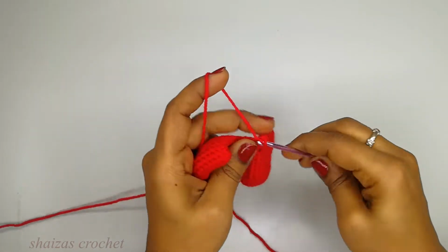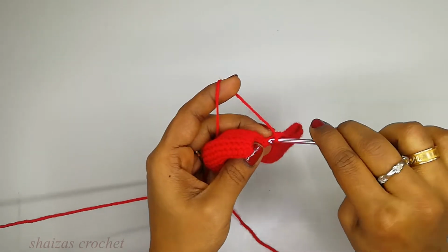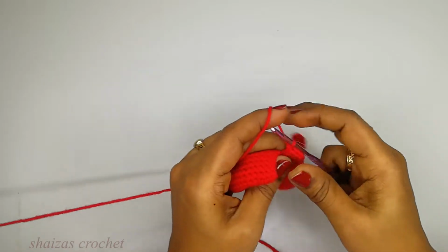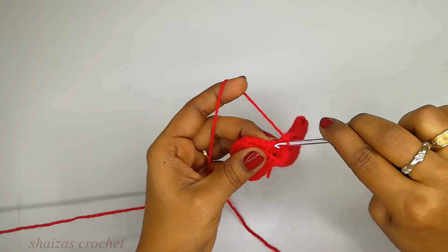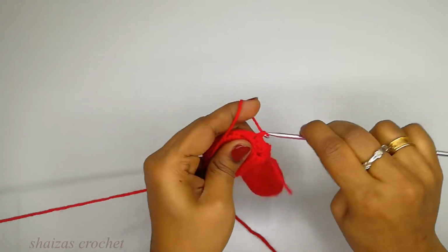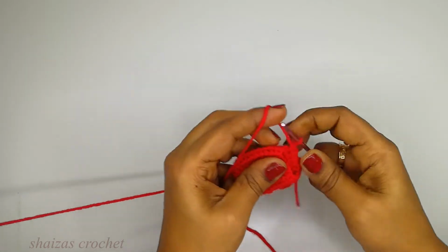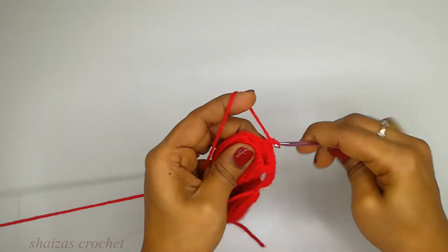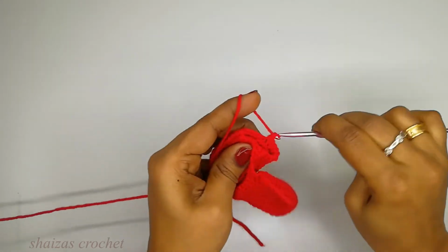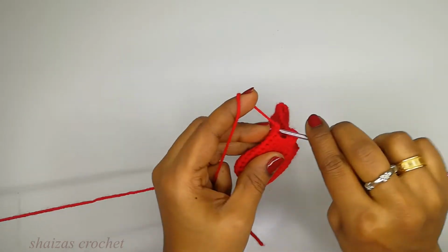again 1 single crochet, 1, 2, 3, 4, 5, 6. Into the 7th 2 single crochets, 1, 2, again 6 single crochets, 1, 2, 3, 4, 5, 6, 7, 2 single crochets,